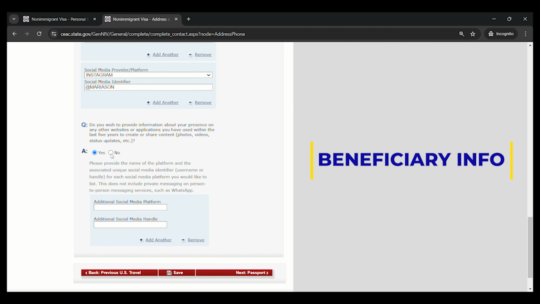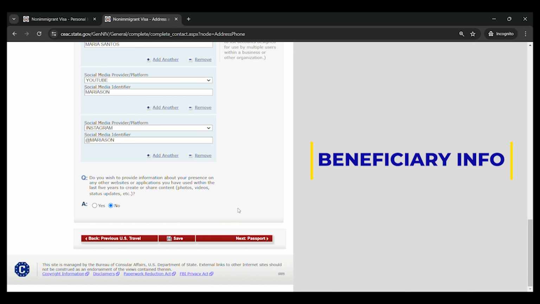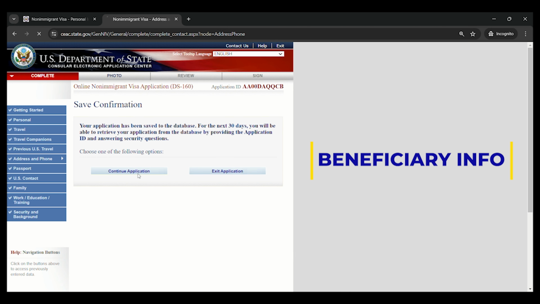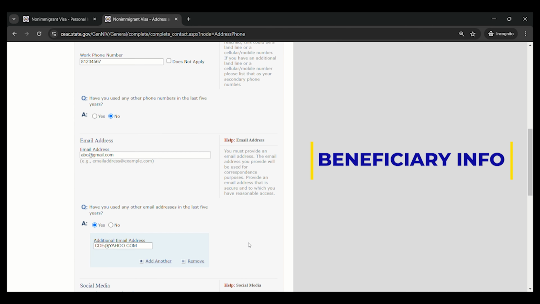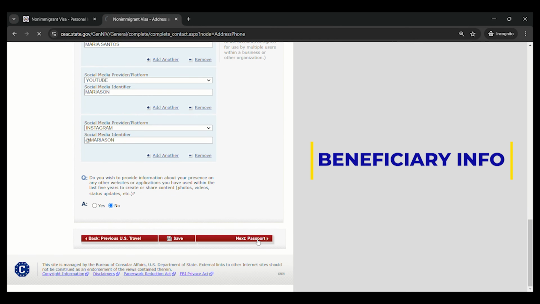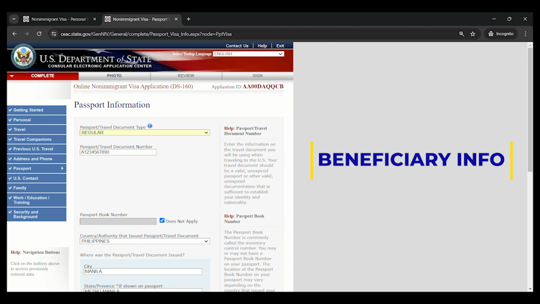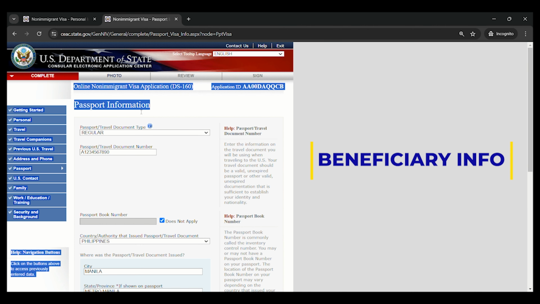Alright, so I just selected no. Alright, and then click save, continue again, and then click next, which will be the passport information by the beneficiary.